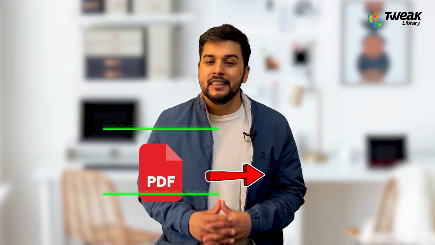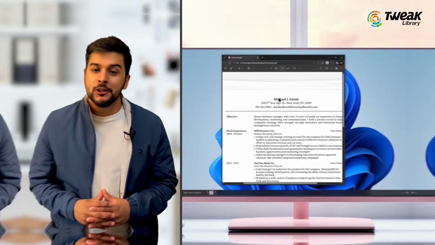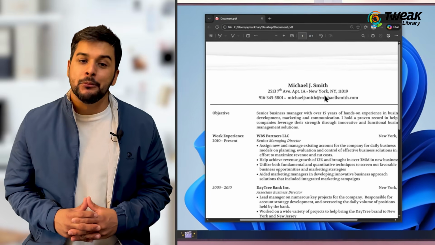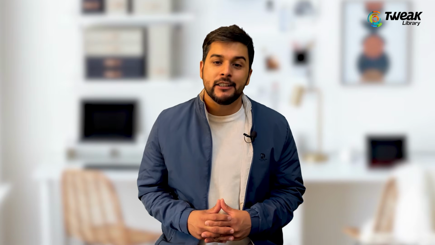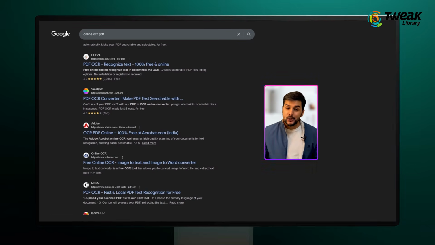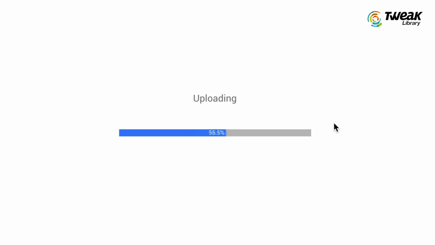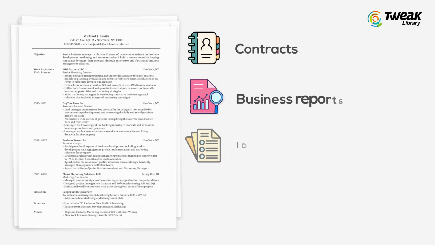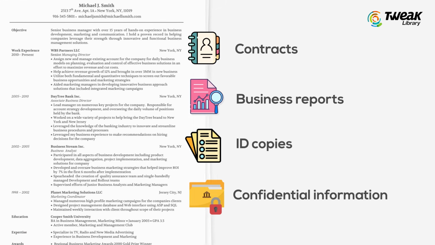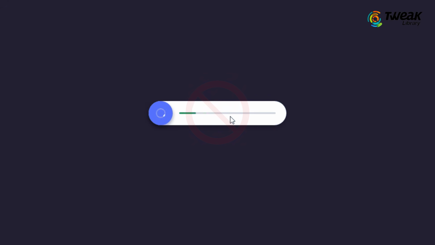Scanned PDFs are basically images of documents. Even though you can see the text clearly, the computer does not recognize it as real text. Many people try online OCR tools to solve this, but most online tools require uploading your file to their servers. If your document contains contracts, business reports, ID copies, or confidential information, uploading it online may not be the safest